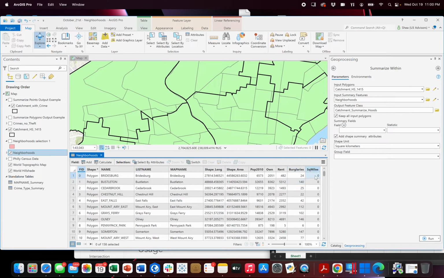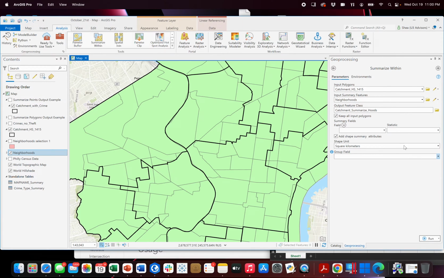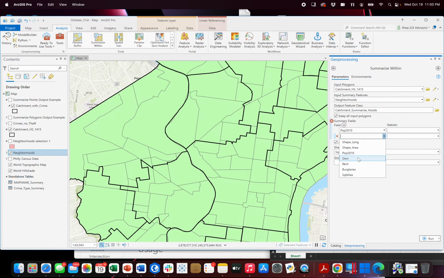But each of these I could summarize. And so that's what we might put here, right? Let's take population, and we'll take ownership, and we'll take rental. We'll just keep it simple and do those three. And then we'll come to statistic. And this probably is the only limitation, in my opinion, to this tool, right? The benefits we're about to gain through what this does for you vastly outweigh this. But the fact that you can't have a median, for example, here, right, or a mode,